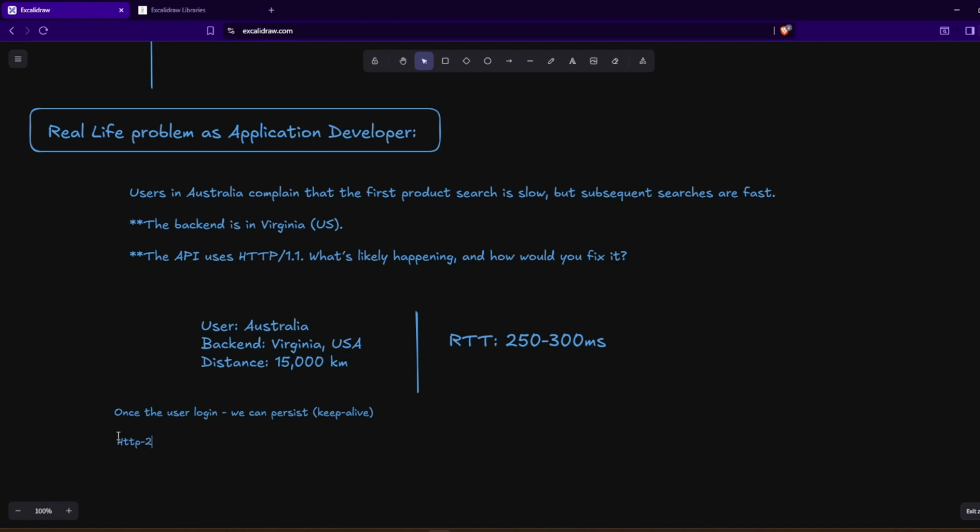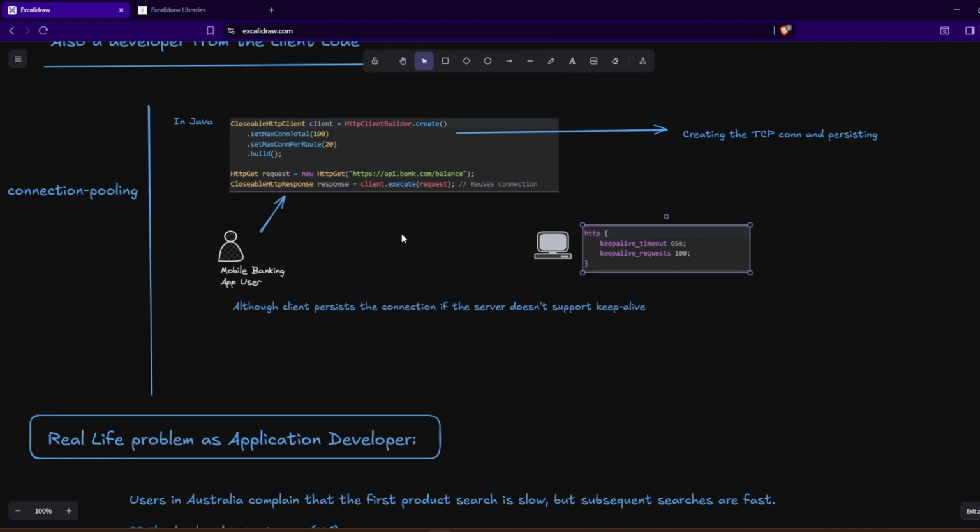And even with HTTP 2, although you do not have to worry about the TCP connection reusing, as a best practice of the code, make sure at the server end and at the client end, this setting, or rather your connection reuse, is being enforced from the code and the server settings. Okay, so